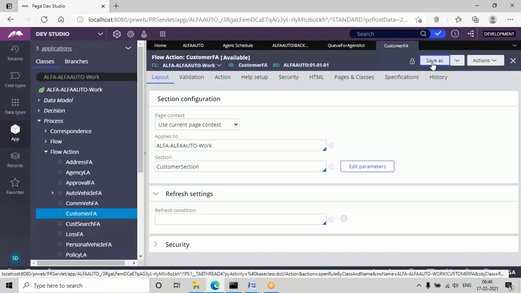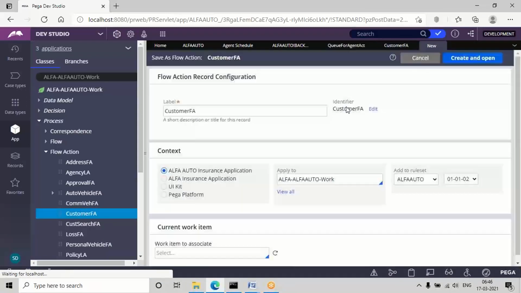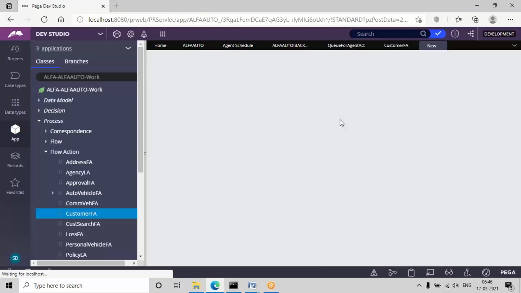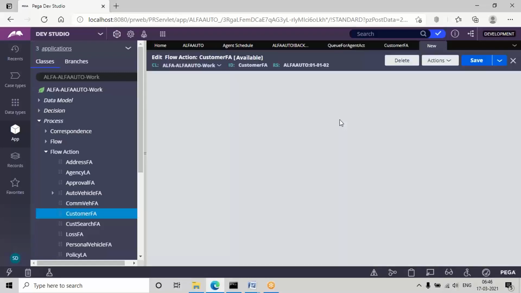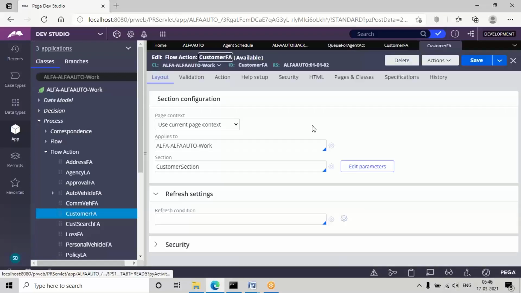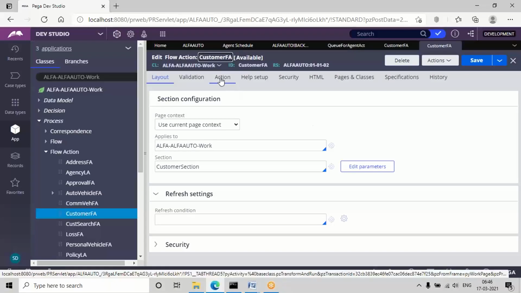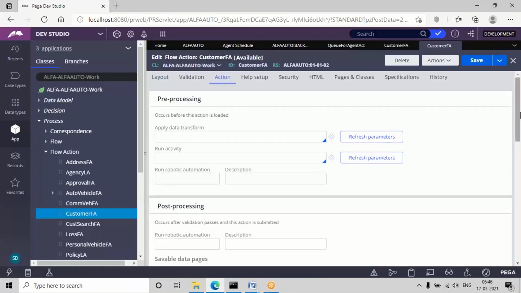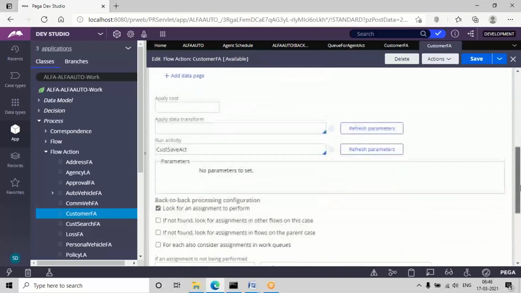Okay, it is in version 1, so use the save as option. Go to the action tab. In post processing you can give it. Okay, so like that in real time.